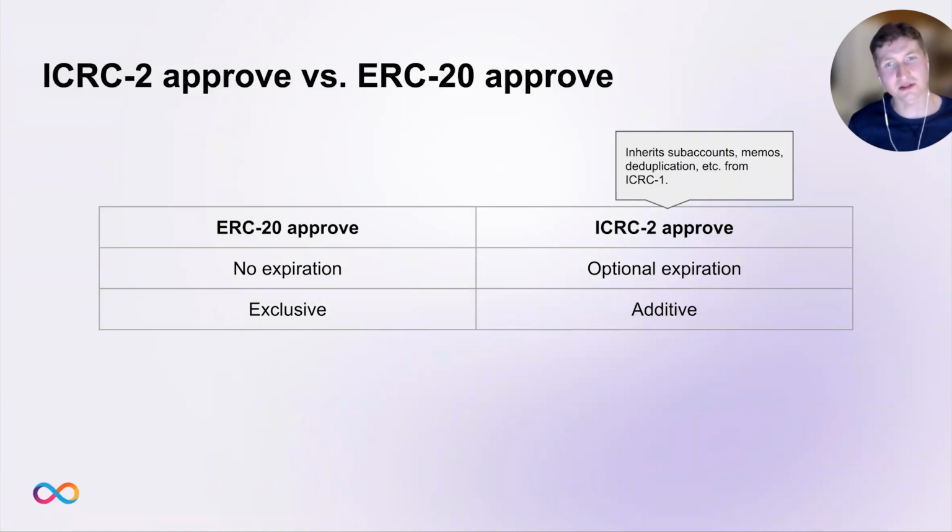But this is pretty much a cosmetic difference. There are also a few semantic differences. So first, ICRC-20 has no expiration for approvals. So if you approve something, it's forever until you cancel it by setting it to 0, right? With ICRC-2, we really wanted to have expiration time. So if you approve some amount, you can specify the deadline by which the